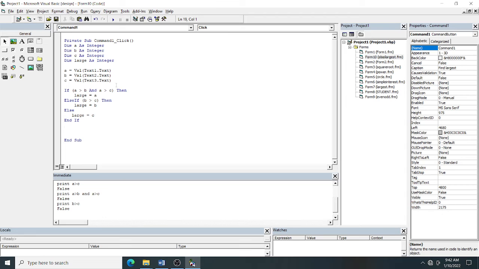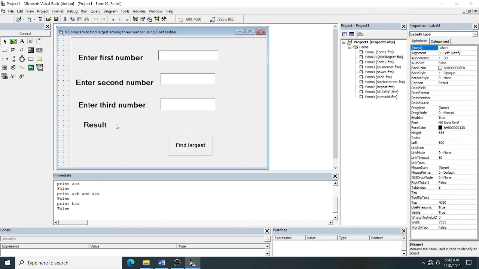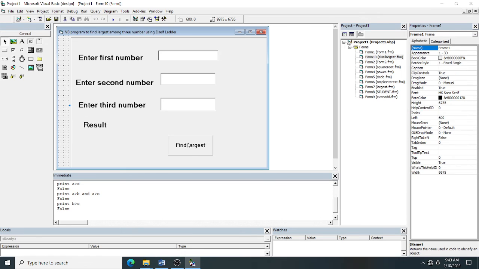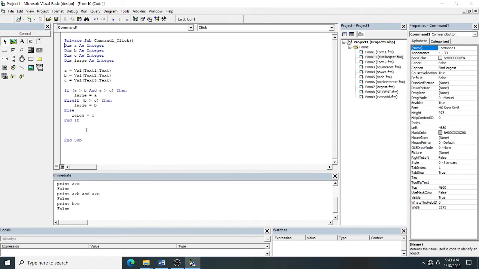Then you have to type End If. See, this is your condition 1. If condition 1 is false, control will go to the else part. If condition 2 is also false, the control will go to which part? Else part. If true, the statement will execute. Now, what name have we given to this label for output? This label is Label4. I will change this one. Suppose I type LBDisplay. I have changed the name of Label4 to LBDisplay. You can change the name. Go to this code.